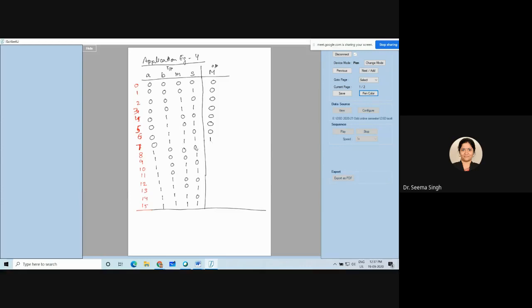Now again, in the same way, what is the condition? M, small m and s, these two have to be 1. Other than that, we will not bother. Same way, this 0, 0, 0, 1, 1, 0, we will not bother, because either material is not available or the sensor switch is not closed. So these three we can easily make 0, 0, 0. What about this one? One of the operators is available, material is also present, and the sensor switch is also closed. So this will become a 1.